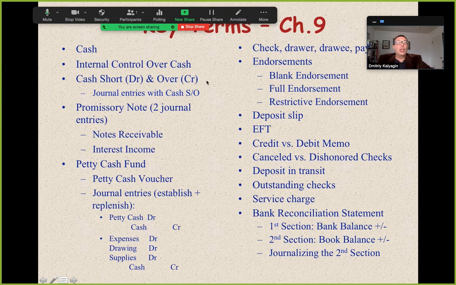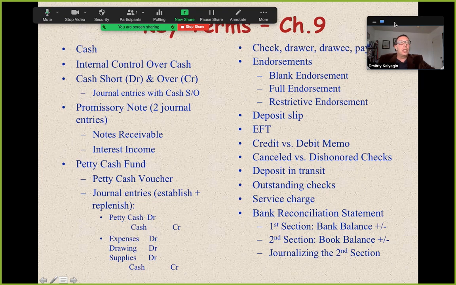I introduced the new cash short or over account, and we made journal entries. We briefly talked about promissory note and 2 journal transactions related to it. So look it over, understand what notes receivable is, it's an asset account, what interest income is, which is a revenue account. We talked about petty cash vouchers, 2 journal transactions to establish and to replenish, and then different types